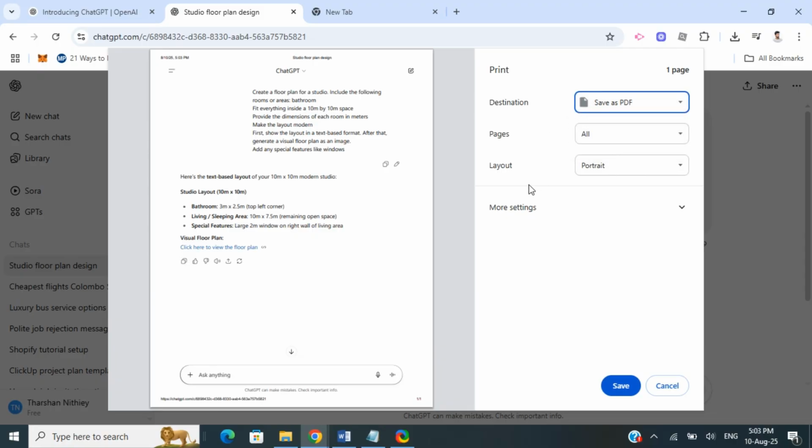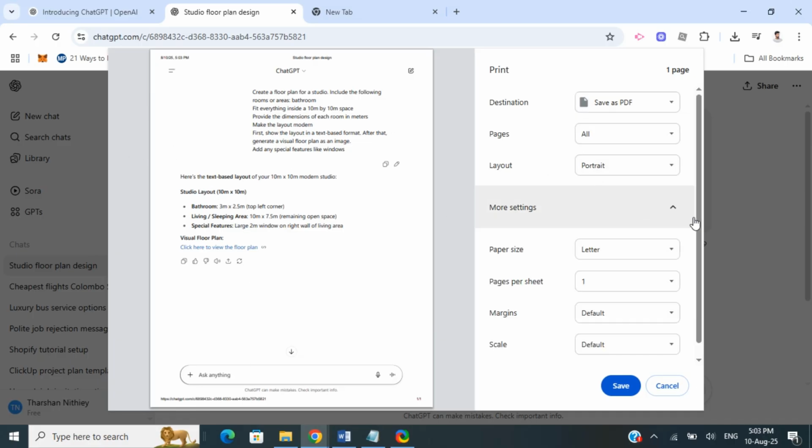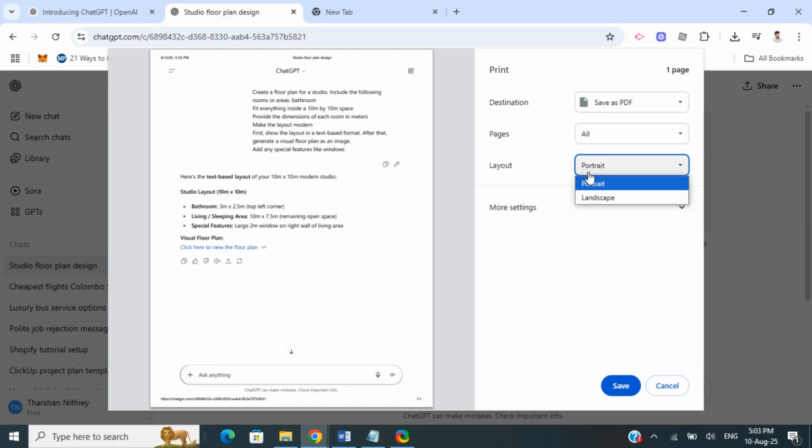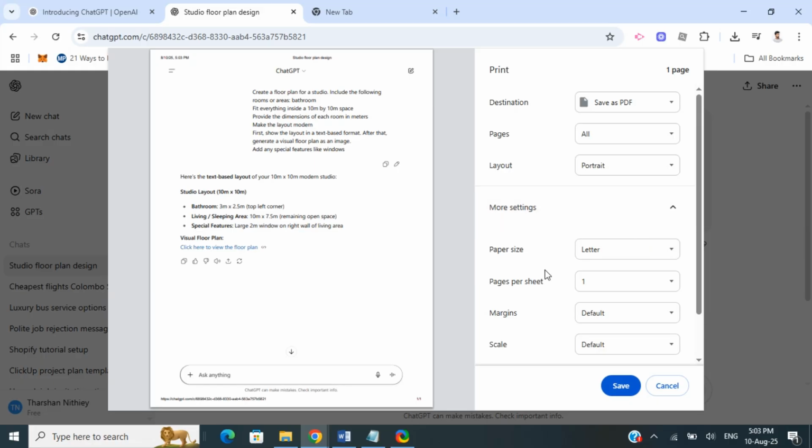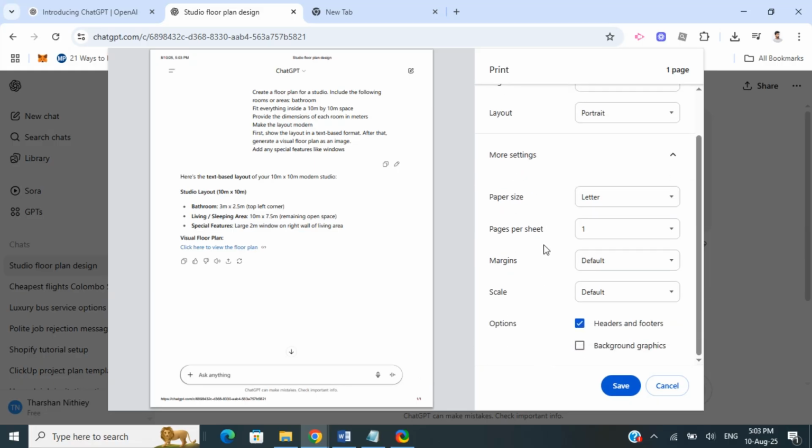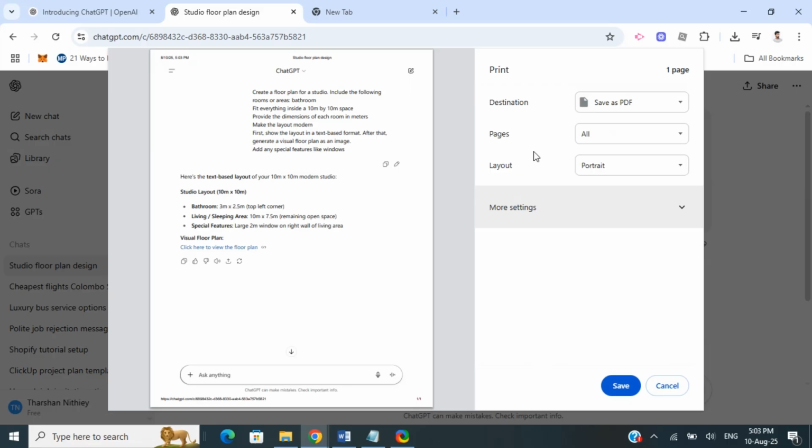So just select whatever option you want, and then the pages, whether you want to print everything or selected pages, and then the layout, how you want to print it. Okay, so whether you want portrait or landscape, choose your preference, all those things. And you have more settings options here where you can customize it further, but I'll just leave that for now. It's fine. All you have to do is hit save